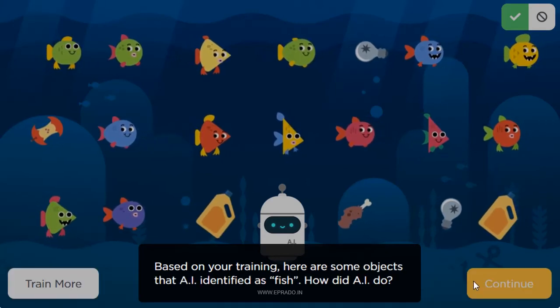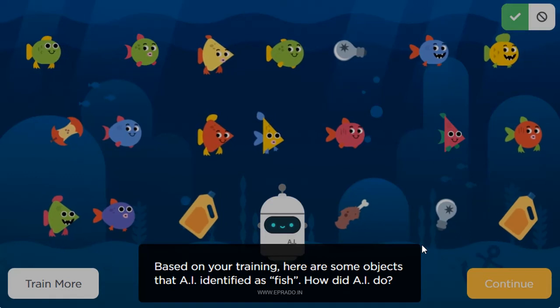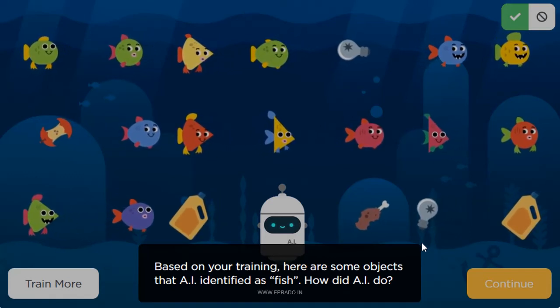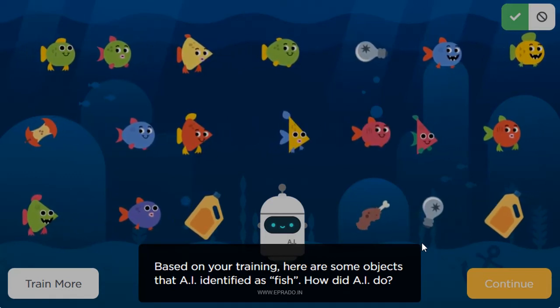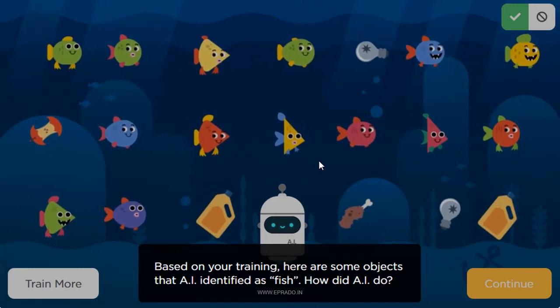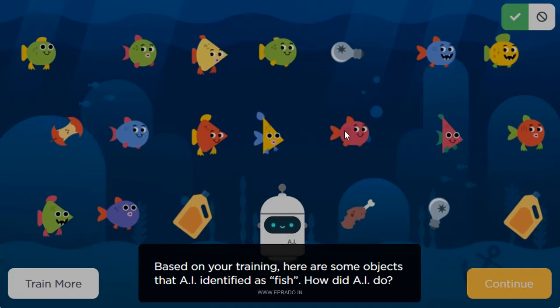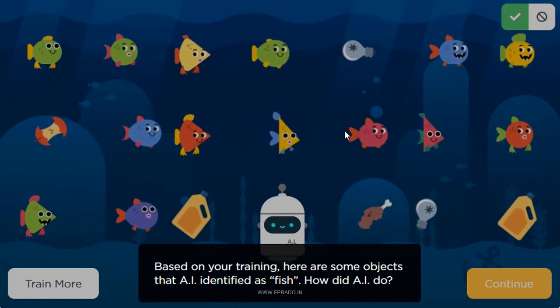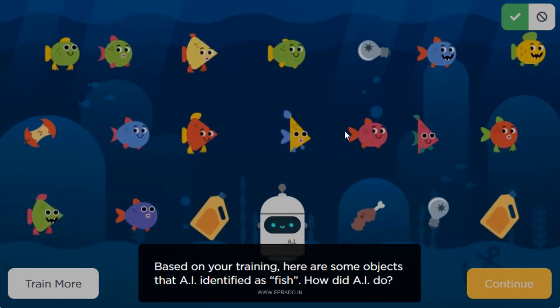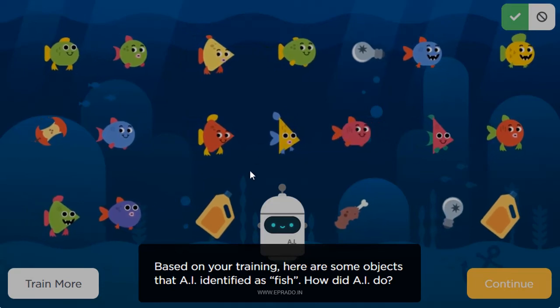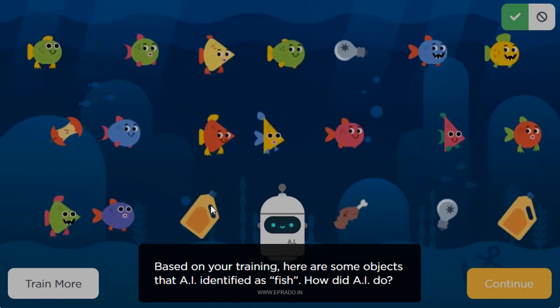Now, according to our training, the robot has chosen some of the objects as fish. It will have some objects that are not a fish, but the robot considers them a fish because